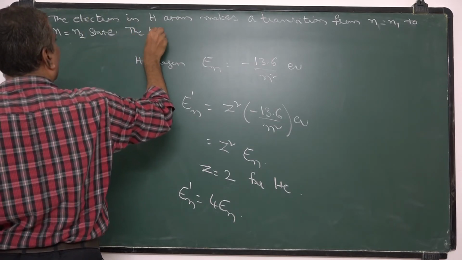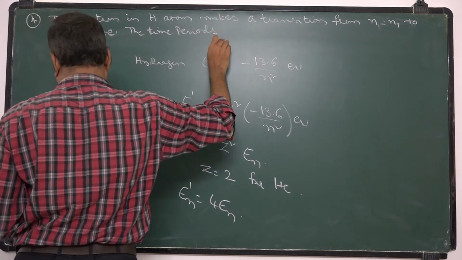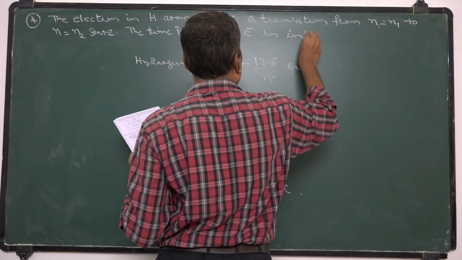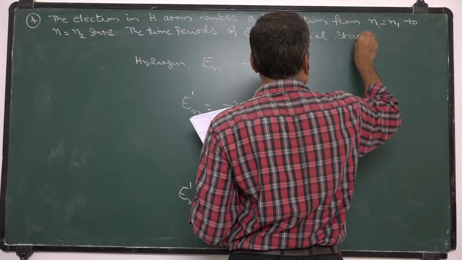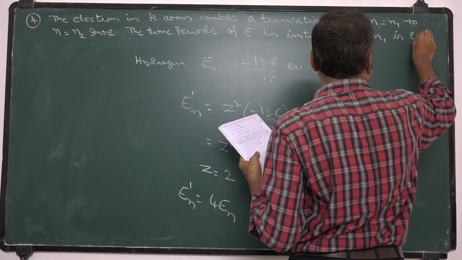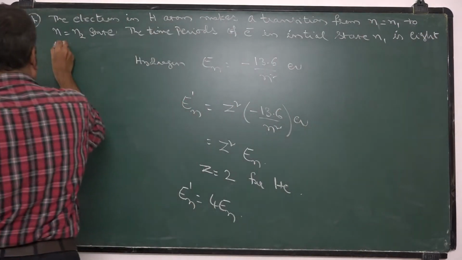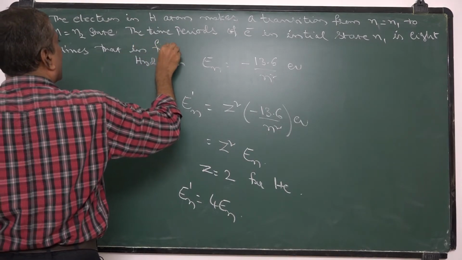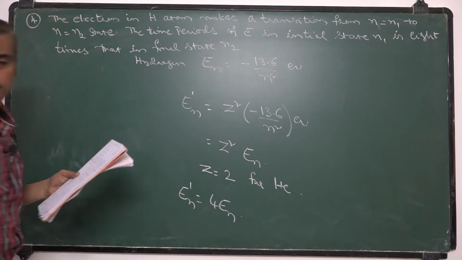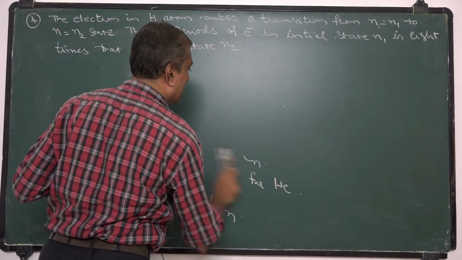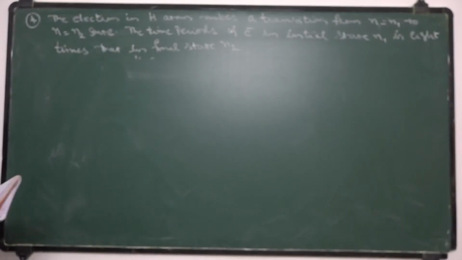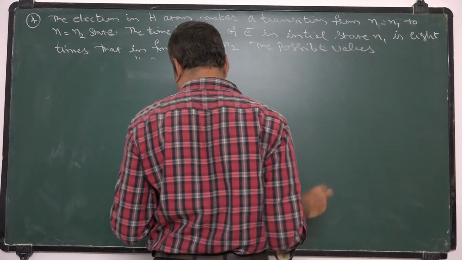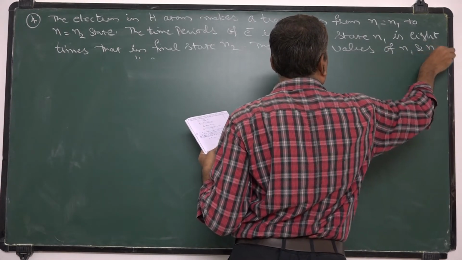The time period of electron in initial state n1 is 8 times that in the final state n2. The possible values of n1 and n2 are: